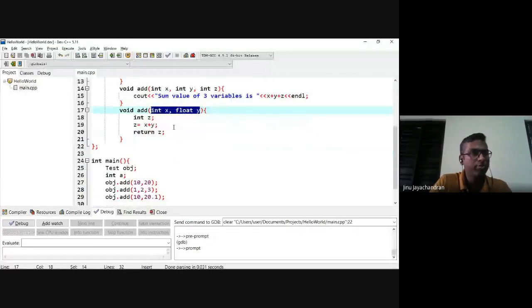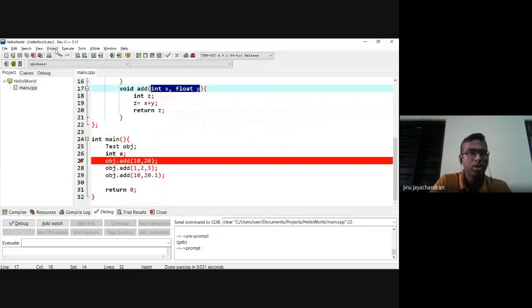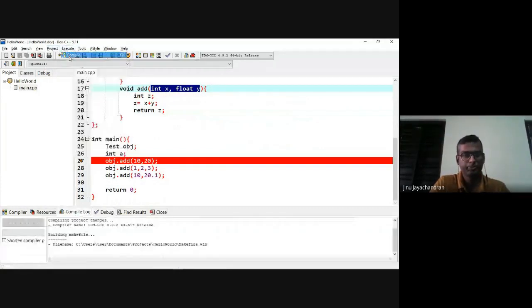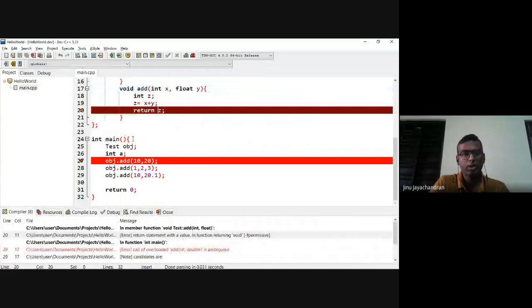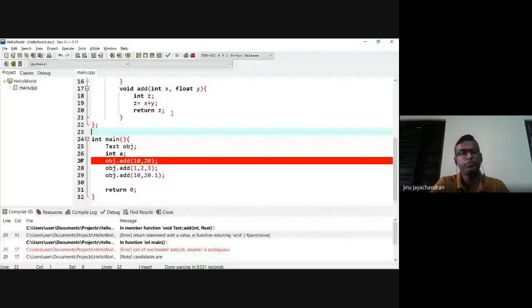Okay, let me try to see if the debugging is working. Compile. Okay, return is not needed.